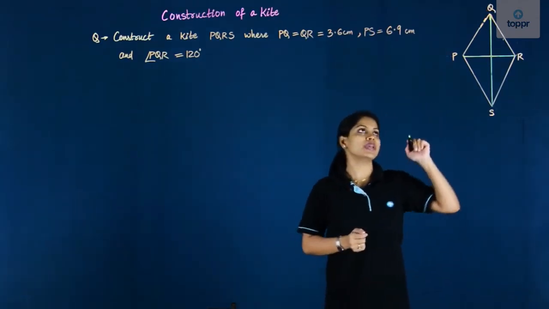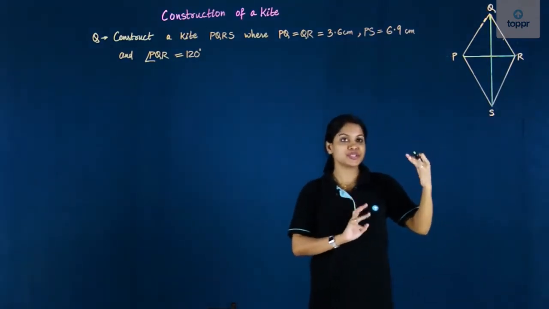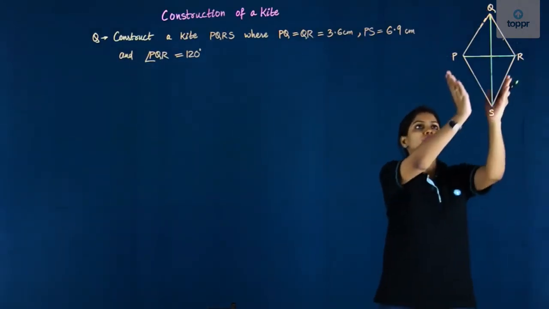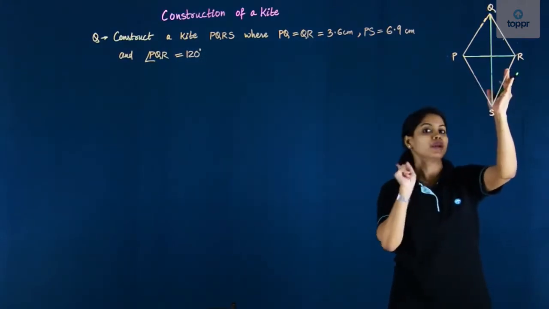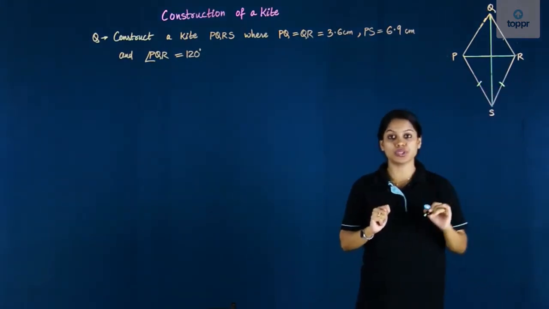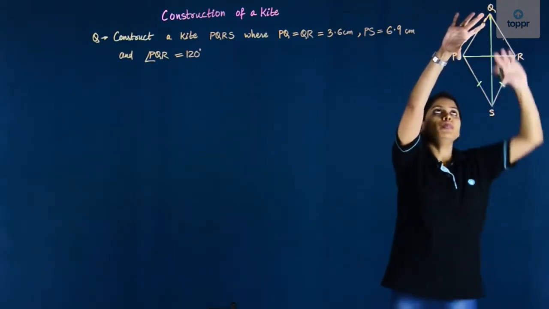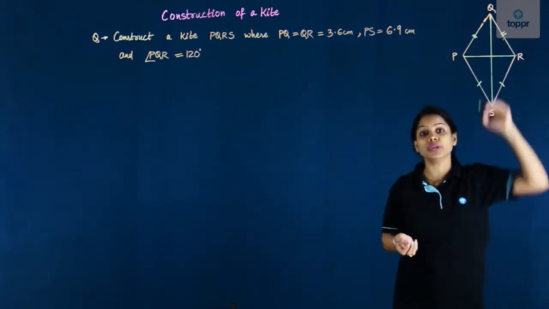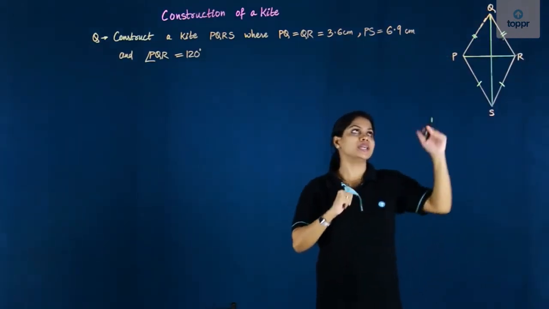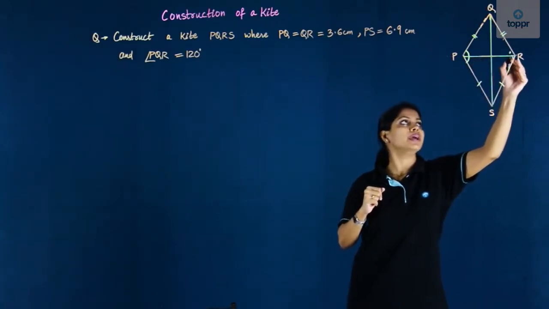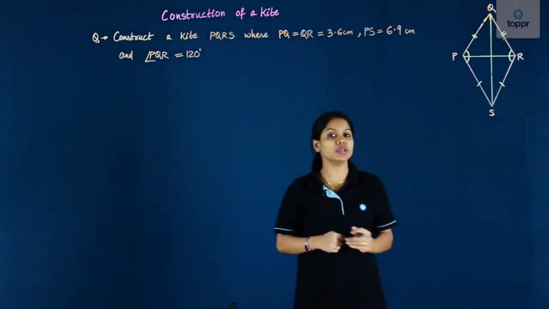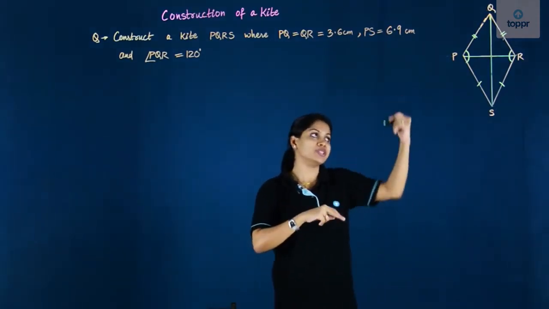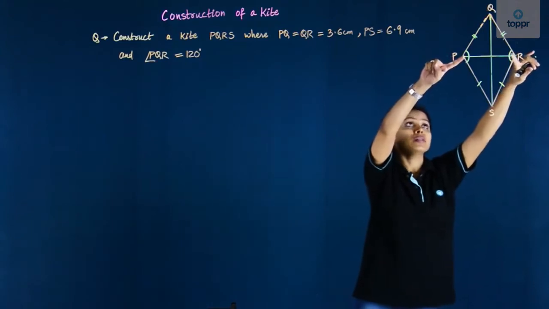Now in this case we have each pair of adjacent sides of this particular quadrilateral equal to each other. That means when I say adjacent, PS and SR are one pair of adjacent sides. They are equal to each other. And QP and QR are another pair of adjacent sides. They are also equal to each other. Apart from this, a kite will also have angle P and angle R, these two angles equal to each other. So remember, in a kite we have both pairs of the adjacent sides equal and these two angles